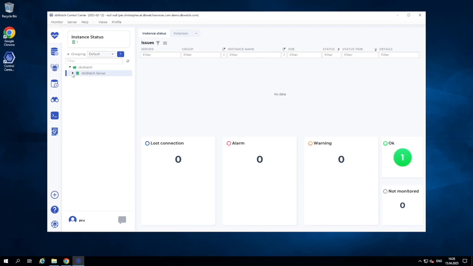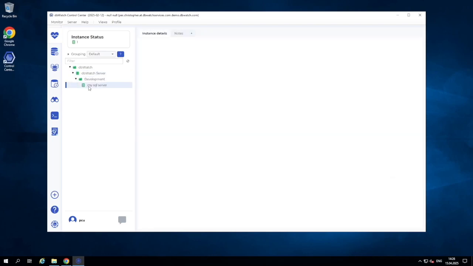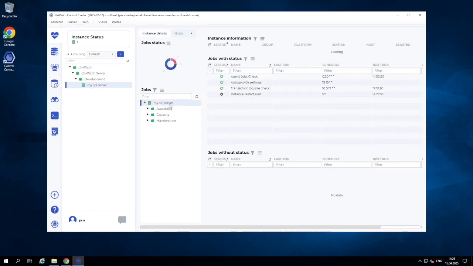So if we expand here, we can see that only some monitoring jobs are installed now, but it will gradually install all the monitoring jobs that are part of that template. So you see the pop up here once they are installed. So that's the first steps.